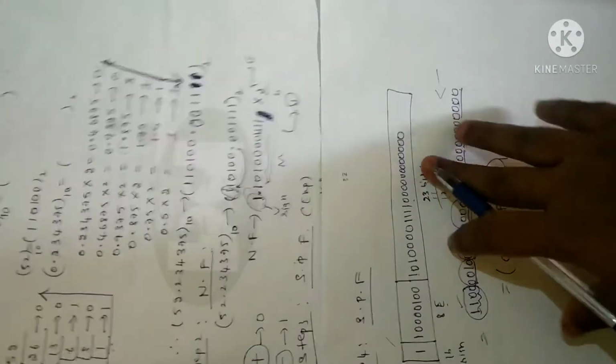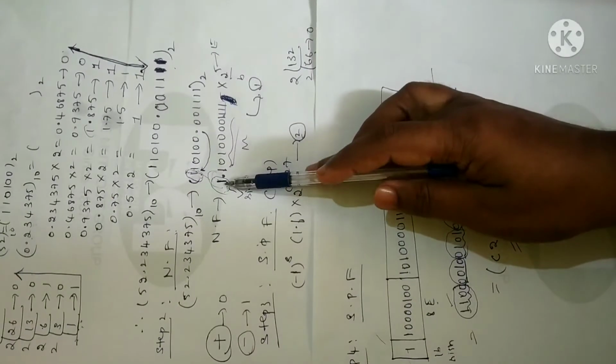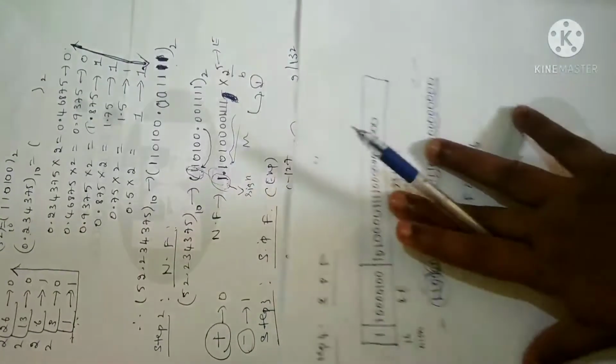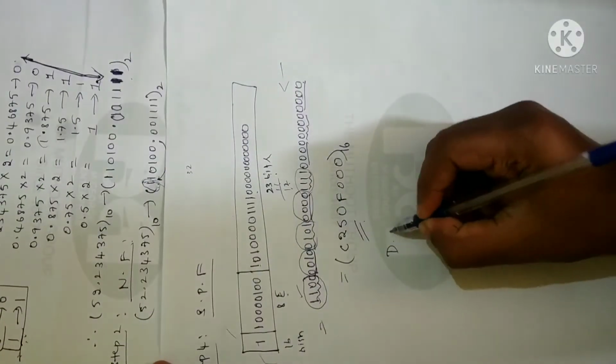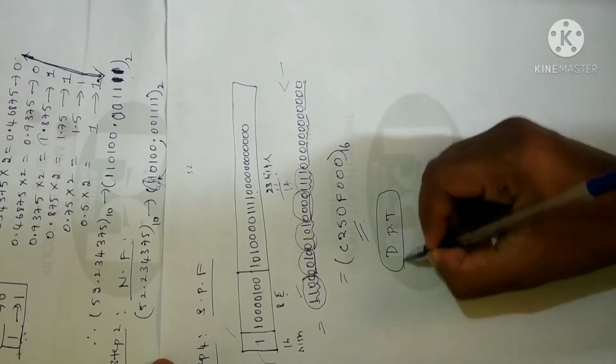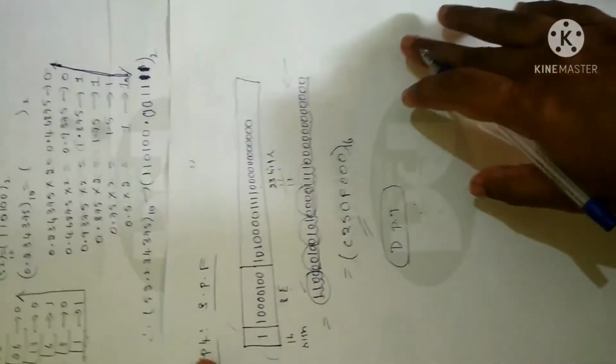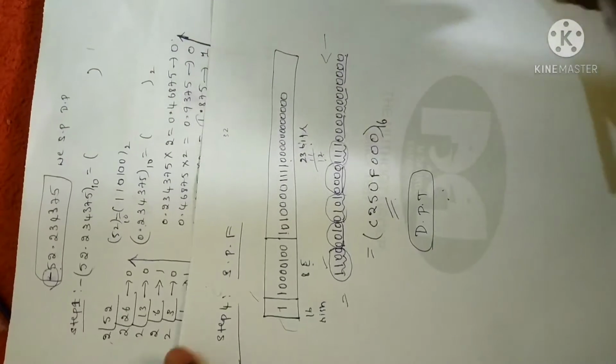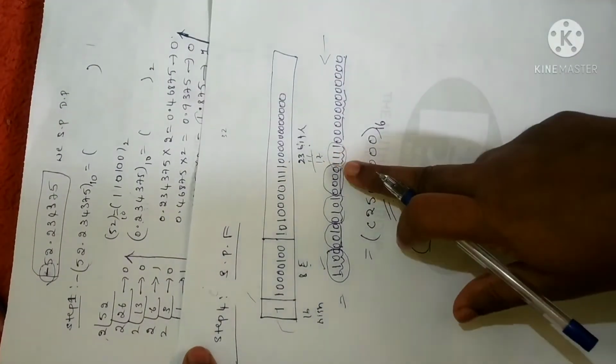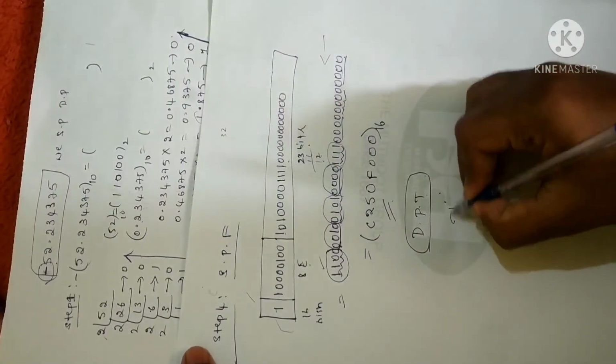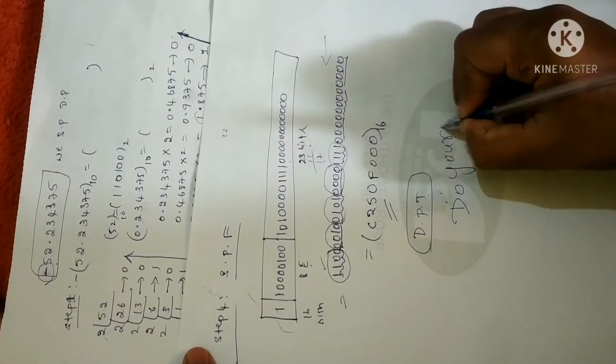Now for double precision also it is the same thing. Only the change will be in this place, where you will get 0. So homework for you: the double precision representation of this problem you have to do yourself. Please go through the video, then only you will understand the homework problem. So I have done only single precision. Double precision, do it yourself. Fine, this is homework for you.